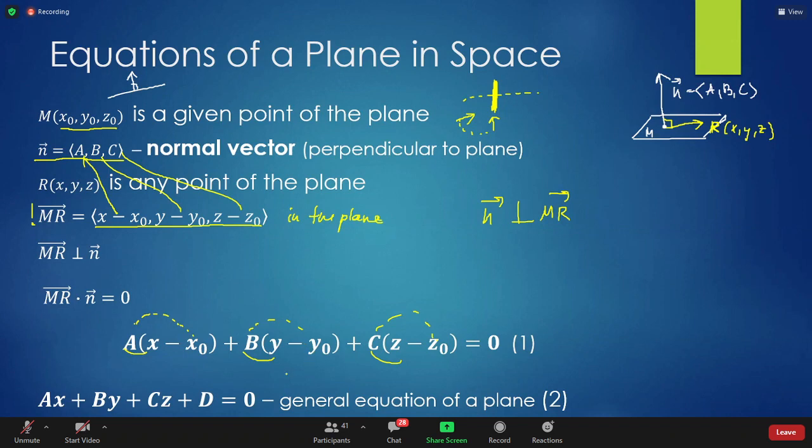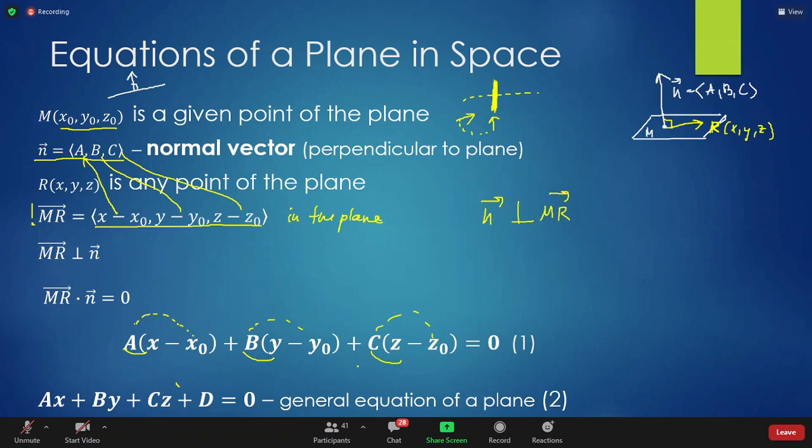But it's a constant because the only variables, the only numbers that might change are x, y, z. Everything else is a constant in this equation. So we have a general equation. We have an equation with the normal vector and the vector in the plane, and we also have a general equation of the plane. So these equations are satisfied by and only by all those points